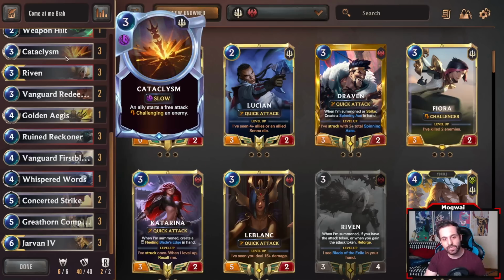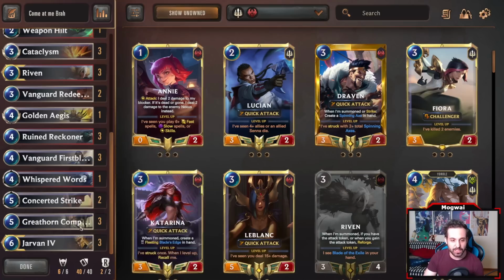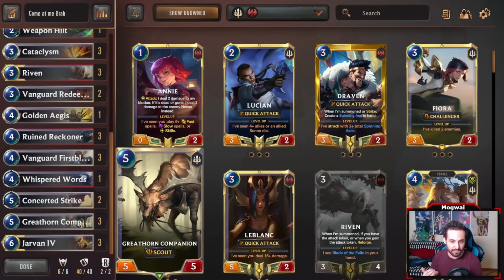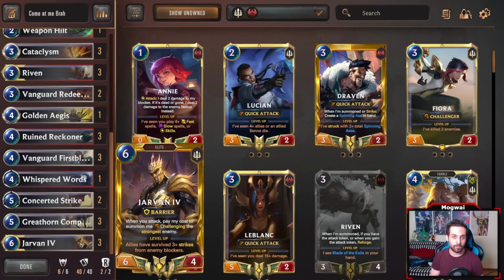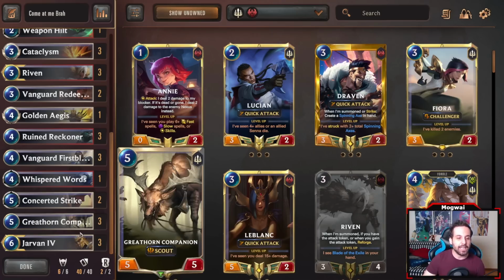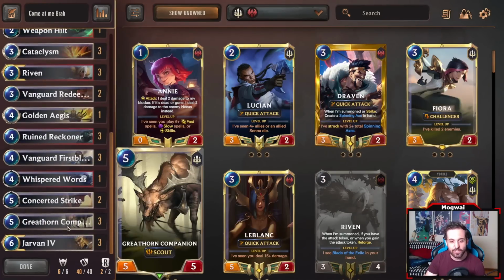Not only with Cataclysm, not only because it's rallying us, but also because it demands to be blocked, and with a 5 health stat, we are able to progress JARVAN's level up by forcing our opponent to block into it if we haven't given it Challenger with a Tattered Banner. Because turns out a 5/5 Scout Challenger for 5 mana is pretty damn neat,